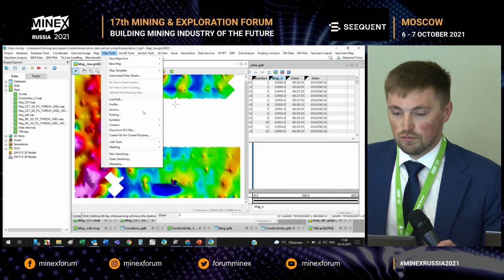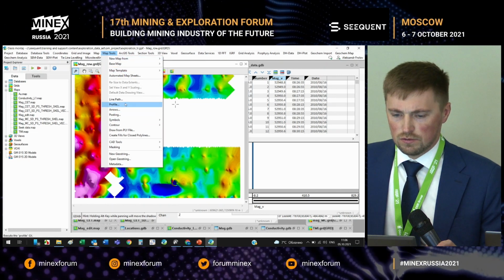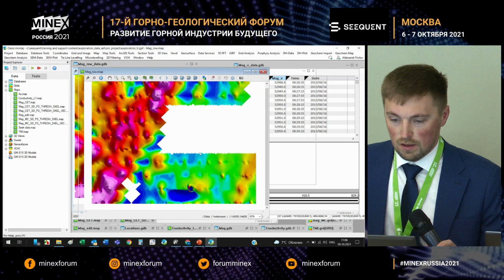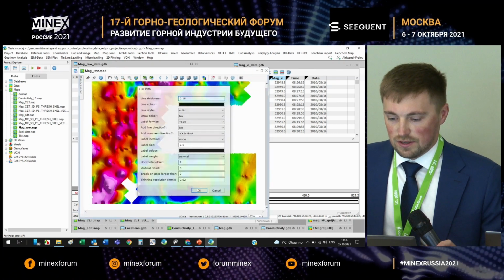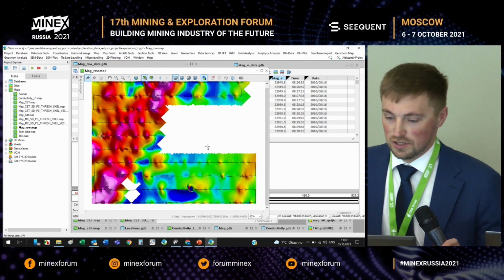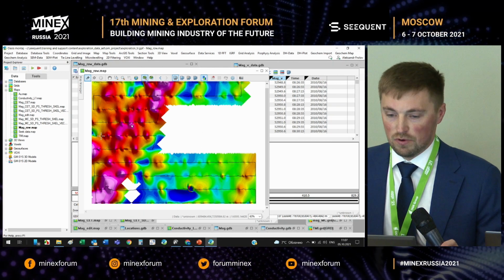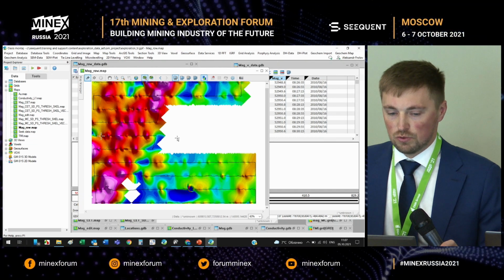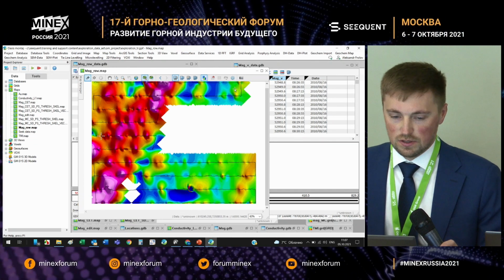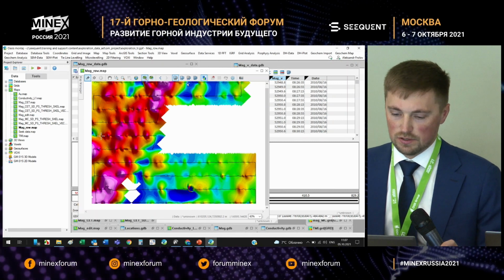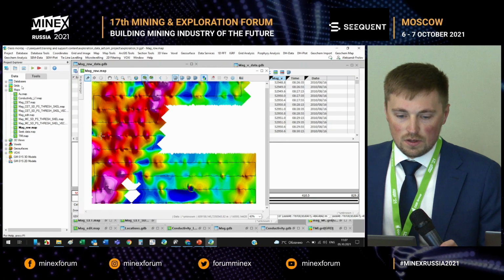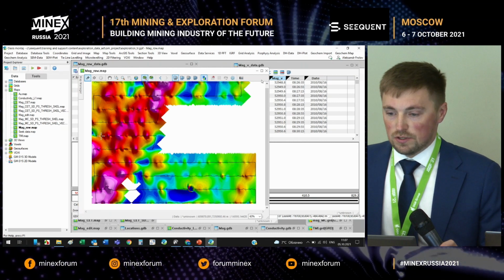So that's our grid for noise, and with lots of noise, we need to set filters. For the purposes of demonstration, it's very interactive and intuitive. Just don't believe geophysicists when they say that it will take a long time and much effort. This is not the case, because that was in the past. Currently, we have an efficient tool such as Leapfrog that can be used for interpretation.